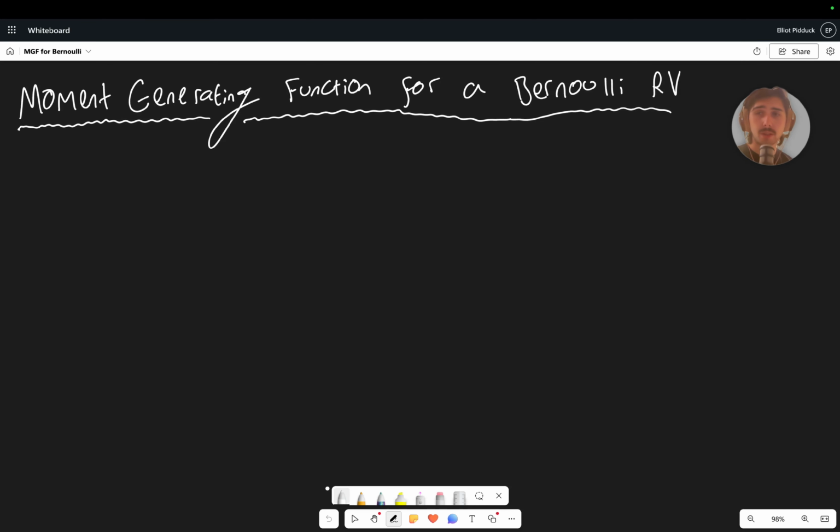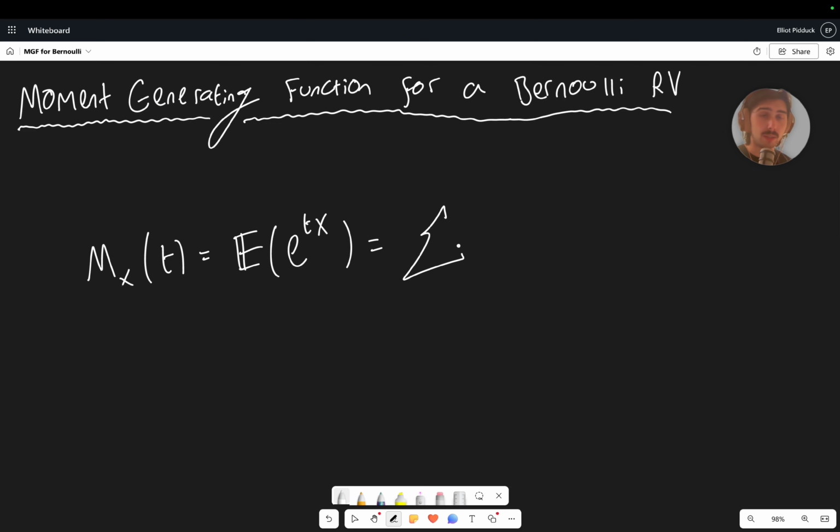In this video, we're going to derive the moment generating function for a Bernoulli random variable. So let's start by just writing it down. The moment generating function M_X(t) is just the expected value of e to the power of t times X. Now this is equal to, for the Bernoulli distribution, the sum from x equals 0 up to 1,